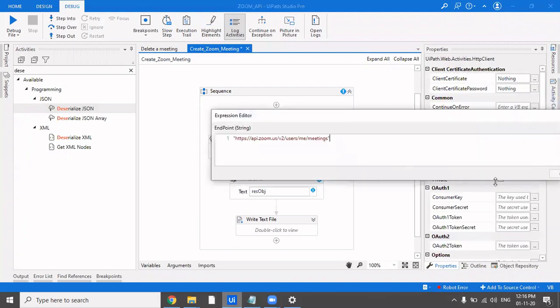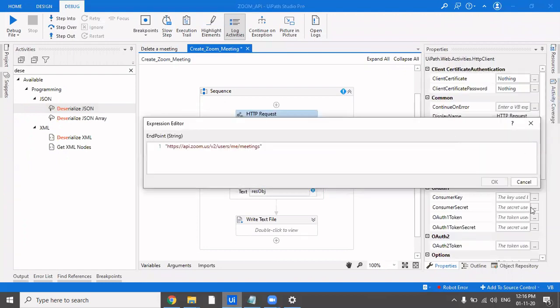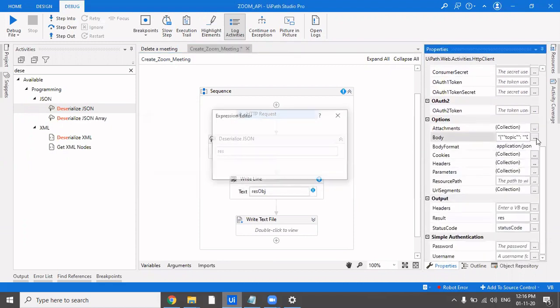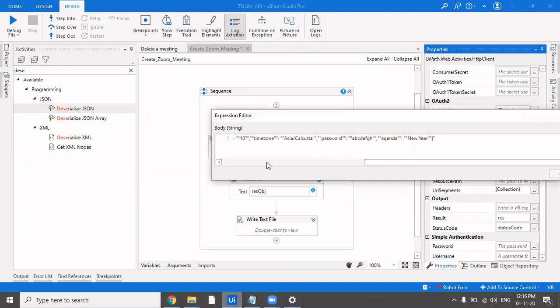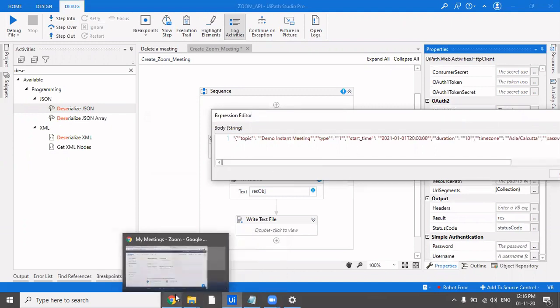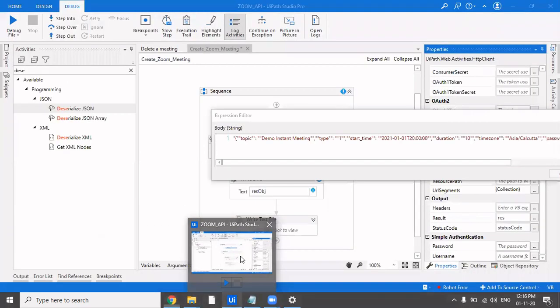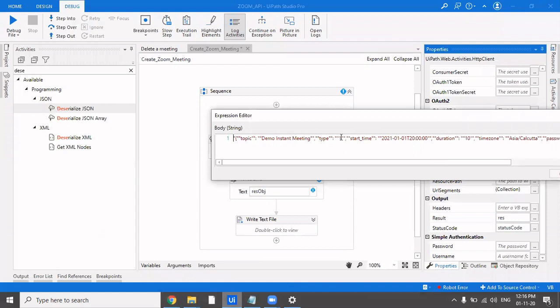Let's try creating one more time, a scheduled meeting. Or we can do one thing. Let's check what we actually get in response, so that accordingly we can get the joining URL to send in the meeting invite.